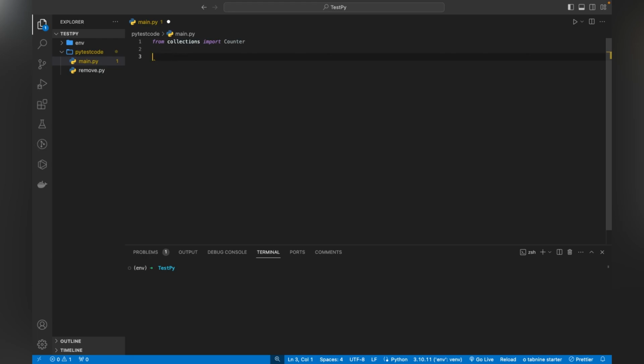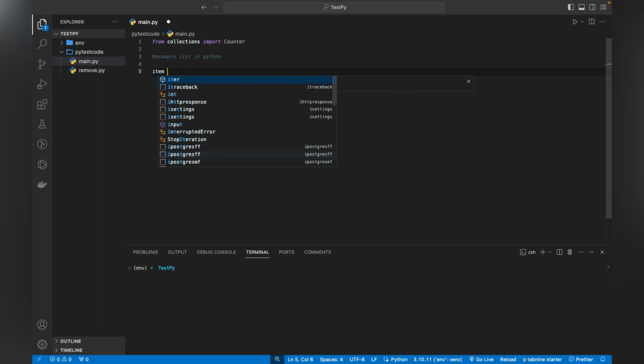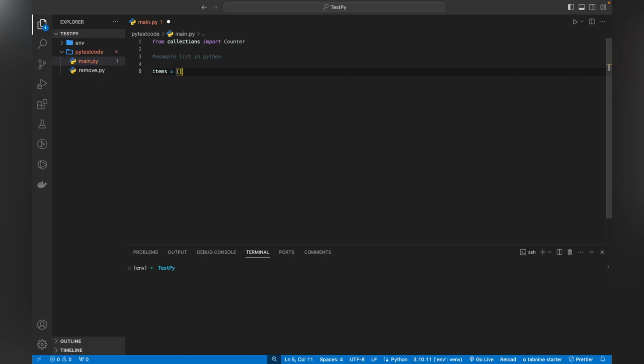So I'm going to write a concrete example. We have a list. I will write here, example list in Python. Sorry, I wrote this spelling wrong. This is Python. I will write here a list of items, so I will name it items. And now this is a list. I will be writing here apple, orange, and apple again to find out the occurrence of an item. So here is banana,